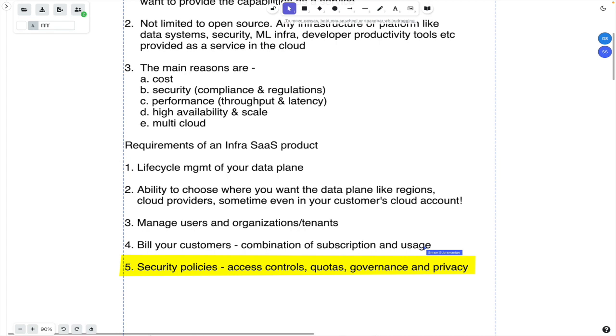Governance policies around GDPR, where the data resides, what you do when the data gets deleted, and even privacy aspects. Such a big space and really hard typically to implement in the context of SaaS